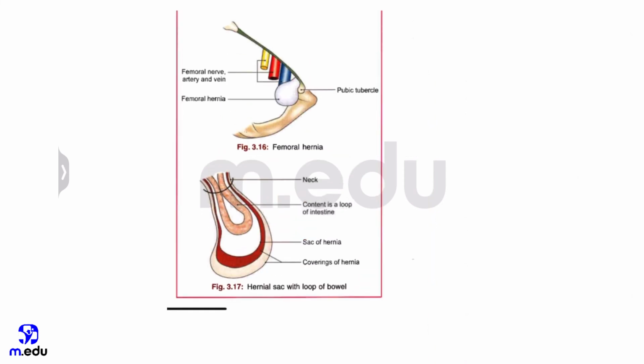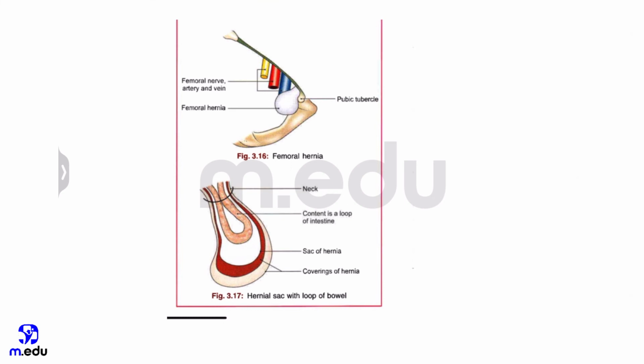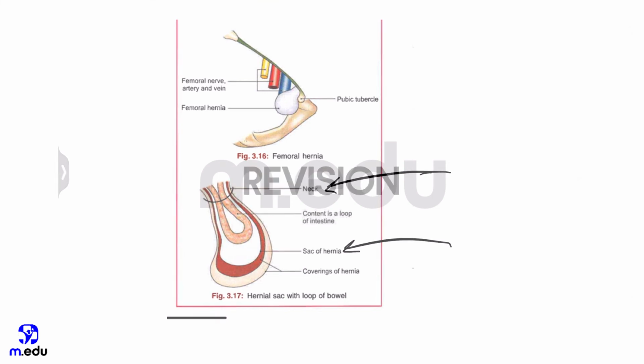So here we can see that the femoral hernia comprises a neck and a sac. Usually the contents that bulge out are the abdominal contents that include a loop of the bowel. In case of strangulation of femoral hernia, the surgeon has to widen the femoral ring. It is only possible by cutting the lacunar ligament. Sometimes near the lacunar ligament, an abnormal obturator artery is present. Sometimes it may get cut and that leads to severe hemorrhage.